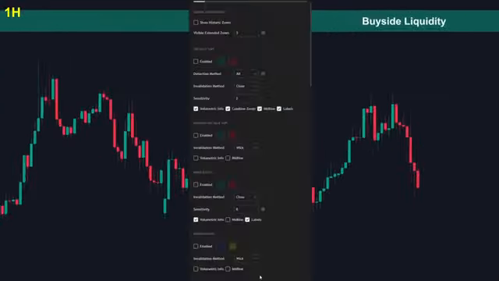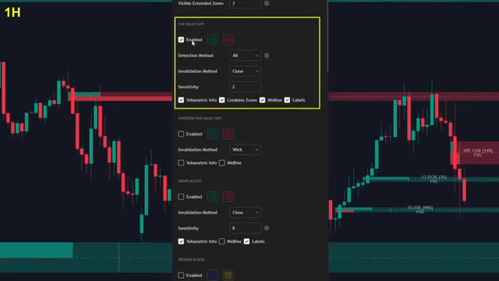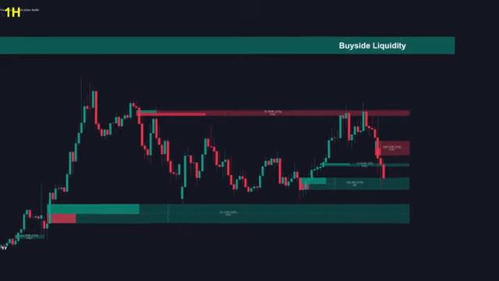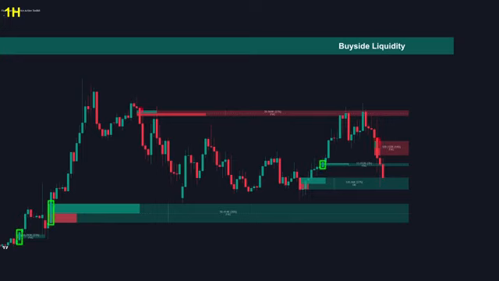At this step, access your settings and turn on the fair value gaps and order blocks features. The indicator will automatically detect fair value gaps and order blocks with volume confirmation. This is where the magic happens. This means you'll actually see where there were genuine imbalances in buying and selling pressure, not just standard textbook patterns. These are upgraded order blocks and fair value gaps with real volume data backing them up.